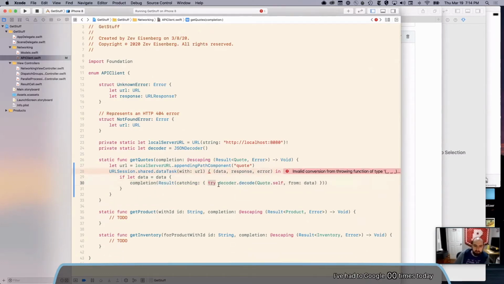So now that method that was complaining because it wasn't inside a do, I've kicked it up a rung by saying, now you can just be caught by the result. And so if this works, great, it will become a result.success. But if it fails, then the fact that it failed will be captured in this result. And the thing that this gets passed back to will go, oh, look, I've got a result. It has an error, and it will have presumably some decoding error.